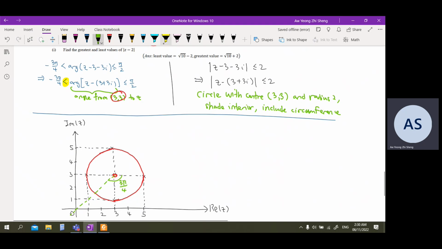Okay. Then for pi over 2, because there is an equal sign, I have to draw using solid line. So this will be 90 degrees. Okay, so the region to shade will be